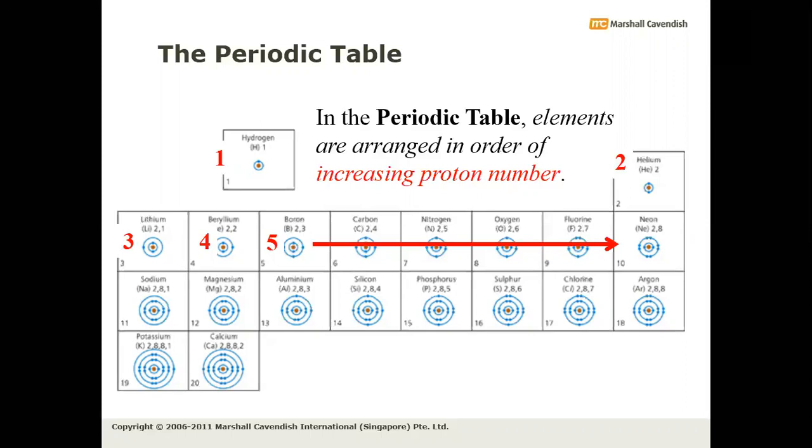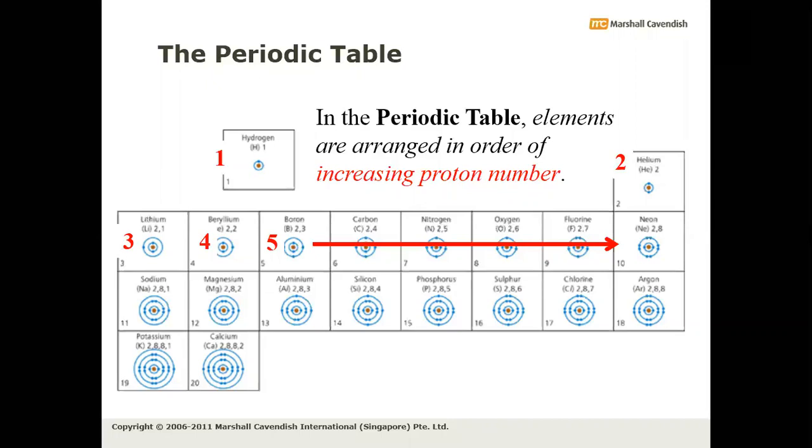Shells is not increasing, so protons attract the electrons out of the outermost shell and pull them closer to the nucleus and make the size of the atom smaller. So when you move from left to right, atomic radii shrinks. But when you move from top to bottom, the atomic radii expands, increases in size because of the addition of